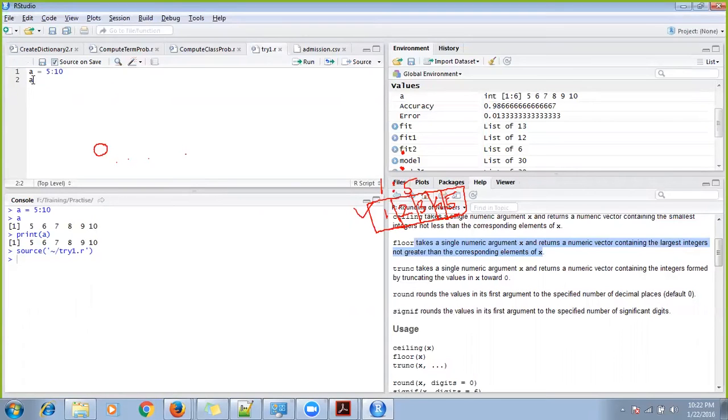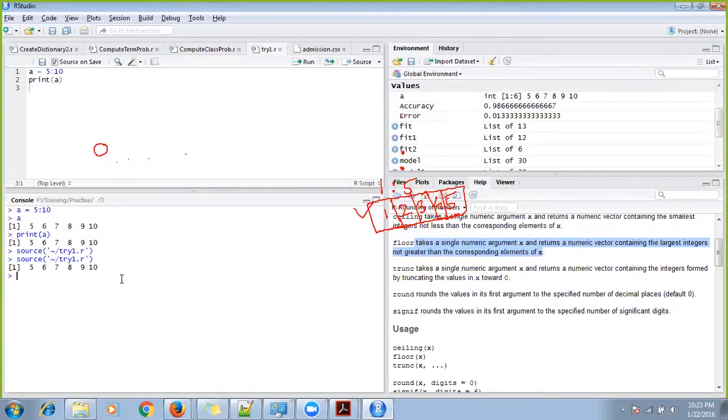But it is not printing. When I say a, it is not printing the value. If you are writing this inside a script and running the script, running the file, basically it will not print the value of a. So you have to write print of a. If you do that and save, I can have those printed. In order to print something, you have to explicitly write the print function inside the file. But if you're running on the command prompt, you can just write the variable name, it will run. That is why I told you it is always better to use the print function.